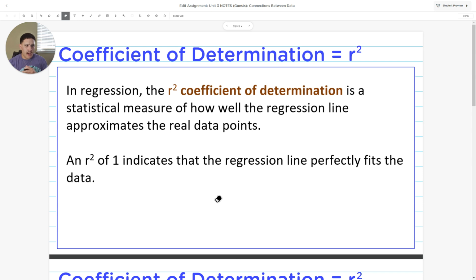Kind of like linear regression or a correlation coefficient, an R squared number closer to 1 tells you how reliable it is. A number closer to 0 tells you that it is less reliable. Okay, so for example, if you have